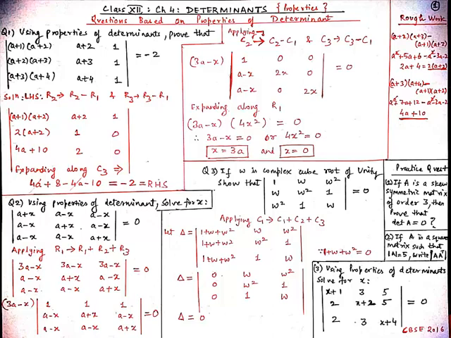So when you add these elements, you get a plus a plus a, 3a, and plus x minus x get cancelled out, and you get 3a minus x. And then again you get the same element 3a minus x, and in a13 you also get the same element, which is 3a minus x. So from here you can take common 3a minus x from row R1. So in your determinant you get |1, 1, 1; a-x, a+x, a-x; a-x, a-x, a+x|.